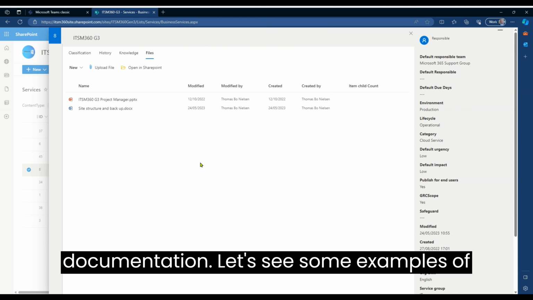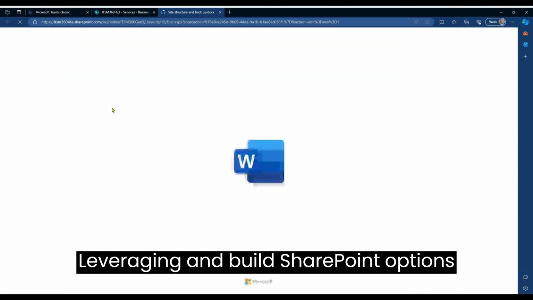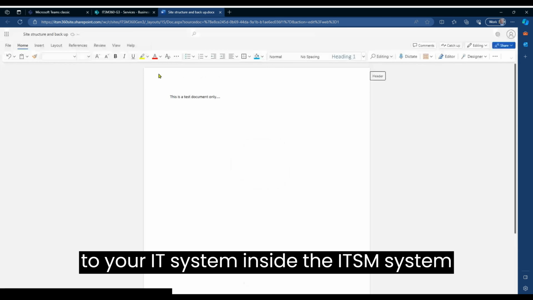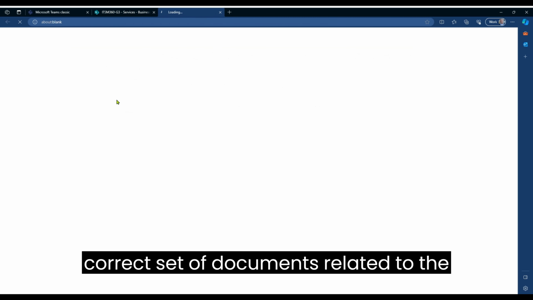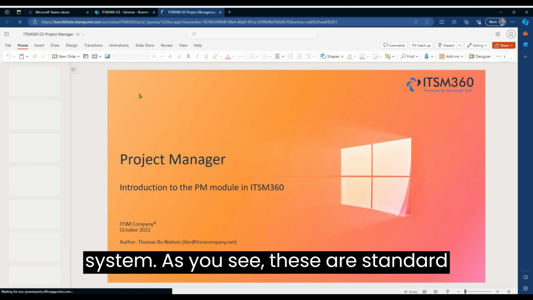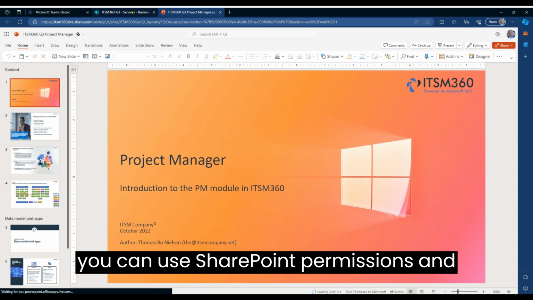Let's see some examples of a document related to the IT system. Leveraging built-in SharePoint options to your IT system inside the ITSM system makes it easy to navigate and find the correct set of documents related to the system. As you see, these are standard Office documents tied into the system, and you can use SharePoint permissions and workflows